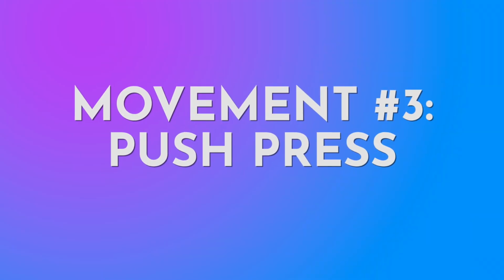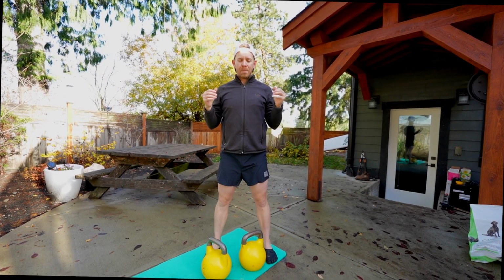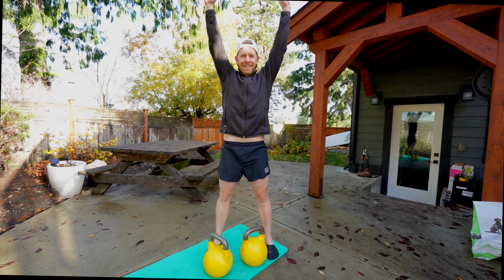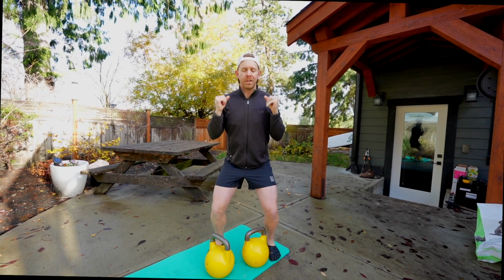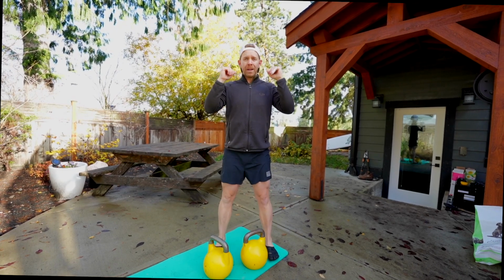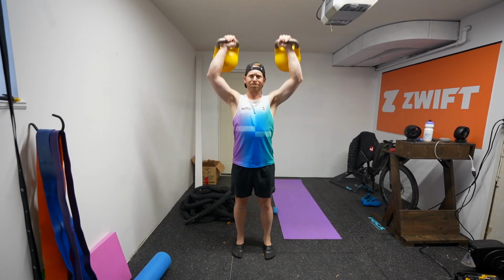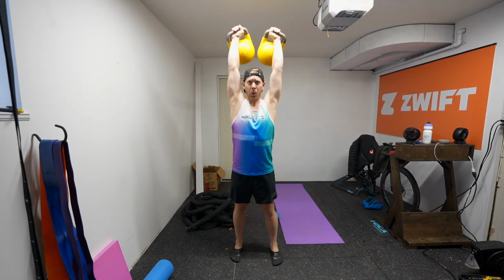Okay, the next movement we're going to do is the press of a squat press. Now we're not just going to do it like a static press that's all in the shoulders. We want it to be a little bit of a hop. That little bit of a hop is the powerful movement, that explosive movement, that builds a lot of power and strength